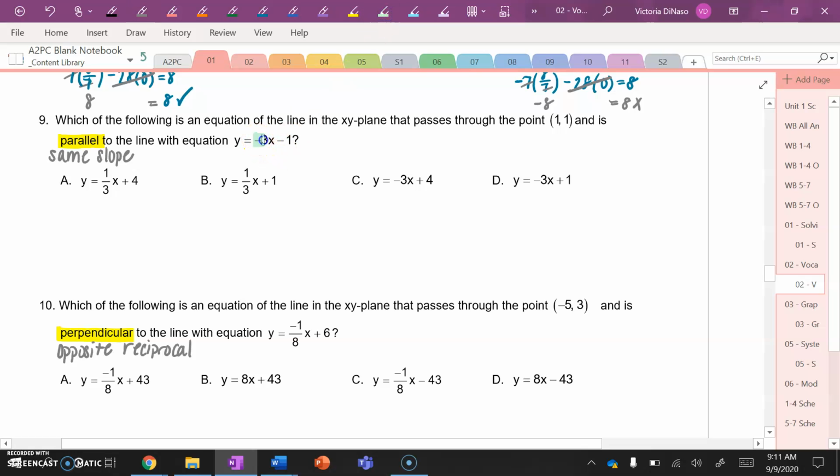So for y equals negative 3x minus 1, I know that my slope is negative 3. So for number 9, if I want to know a parallel line to that line, my slope is going to be negative 3. So we're able to cross off A and B. So we're just left with C and D. Then, because we know that it passes through